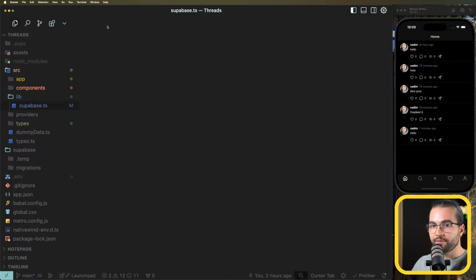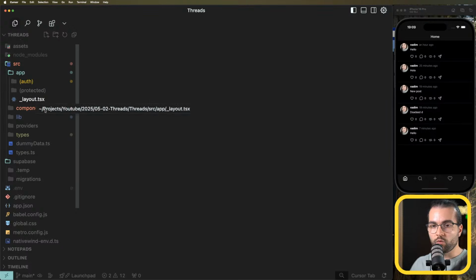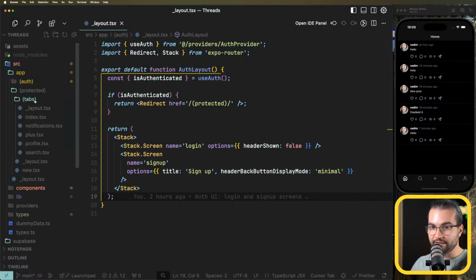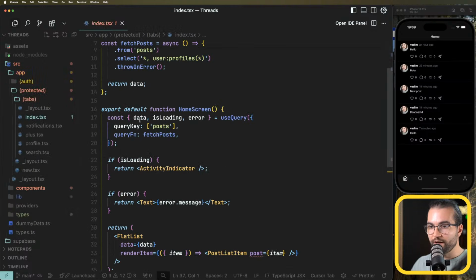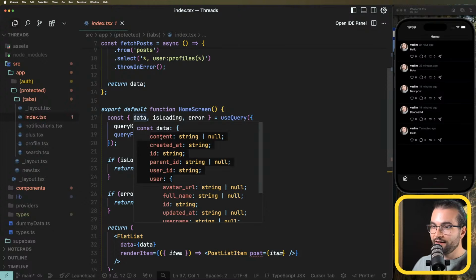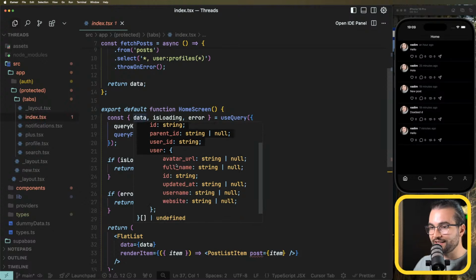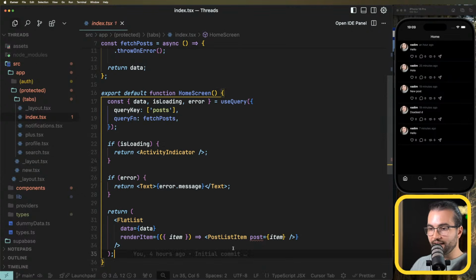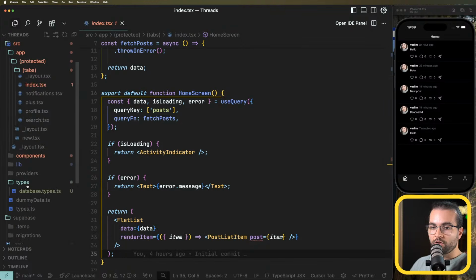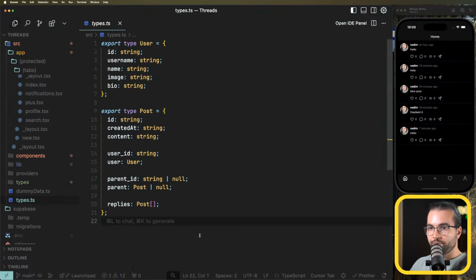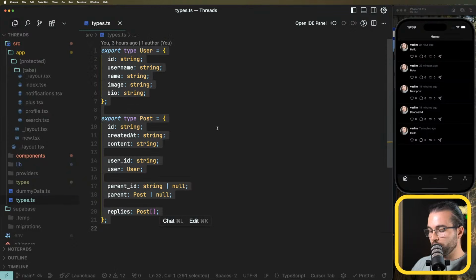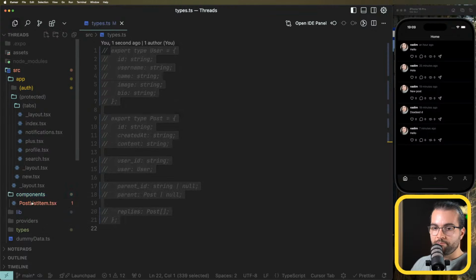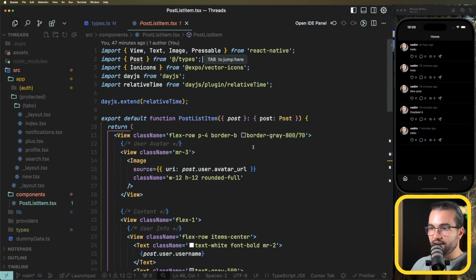to be fully typed. And for example, in our, let's say, protected tabs index, when we fetch data, now it knows that it has content, it has user, it has full name, and so on. So now it's a much better way of handling that. And we no longer need our own custom types from here, which I'm not going to delete, I'm going to probably comment out. Because in the components post list item,